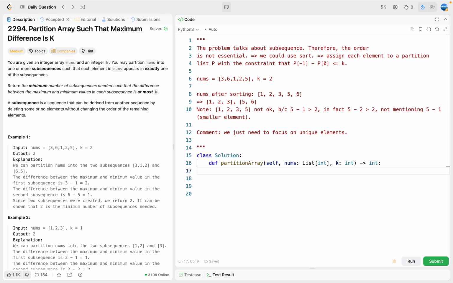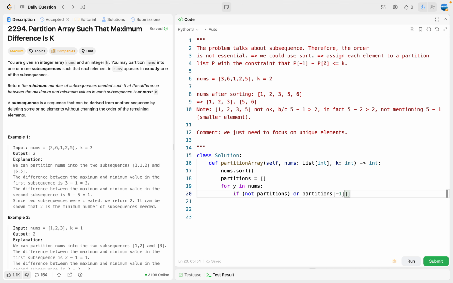So here, let's do this. First, I'm going to do an in-place sort. Once we sort that, we can initialize the partitions. It's an empty list. Then I'm going to iterate, right? So for y in nums, let's look at this condition. If not partitions, so the partitions are still empty, or if it's not empty, then for all partitions, the last list and the last